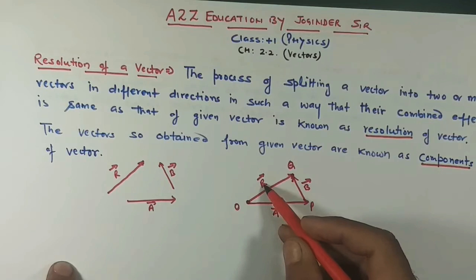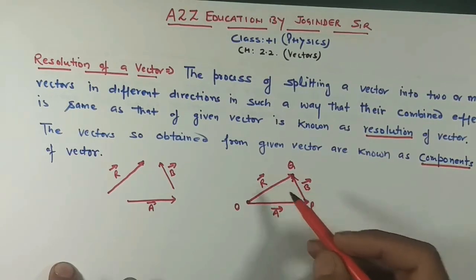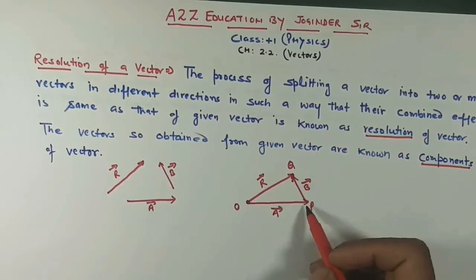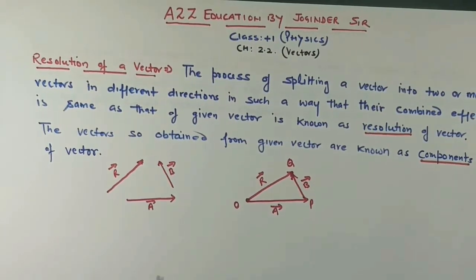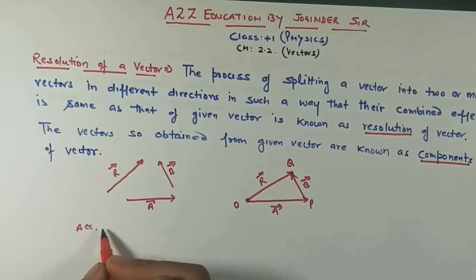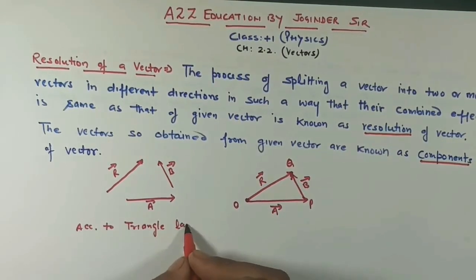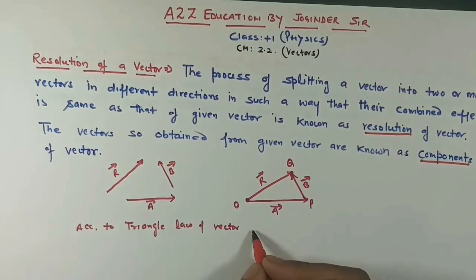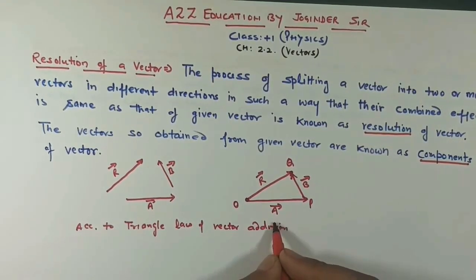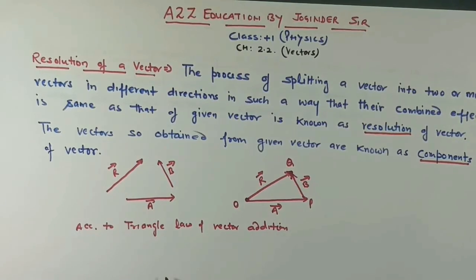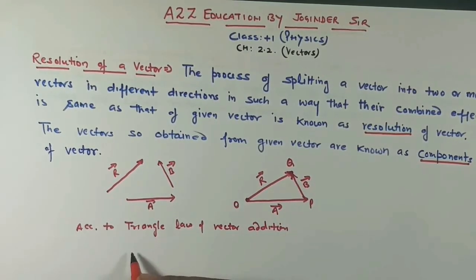तो इसका जो रिजल्टेंट होना चाहिए, इसकी जो वैल्यू होनी चाहिए या इसका जो इफेक्ट होना चाहिए वो A और B के कंबाइंड इफेक्ट के बराबर होना चाहिए. तो ये भी हमारे साथ प्रूव हो जाएगा ट्रायंगल लॉ ऑफ वेक्टर एडिशन से. अगर हम देखें, according to triangle law of vector addition, here R is in this direction, that is clockwise, A and B are anticlockwise. तो R इसमें रिजल्टेंट होगा, यानी OQ इज इक्वल टू OP प्लस PQ,